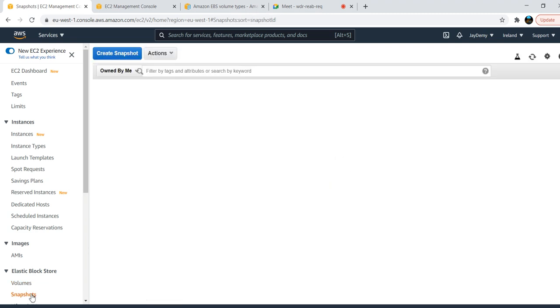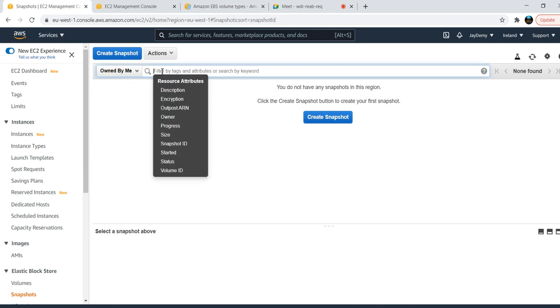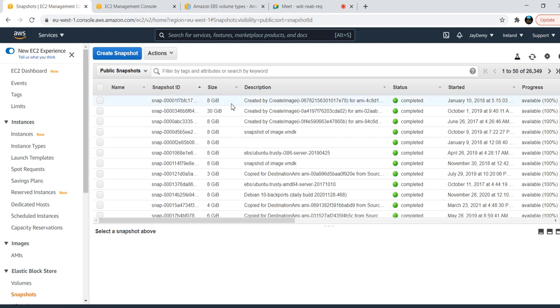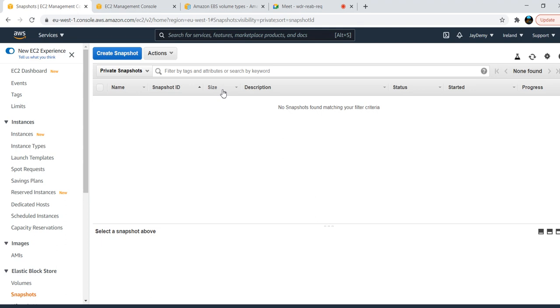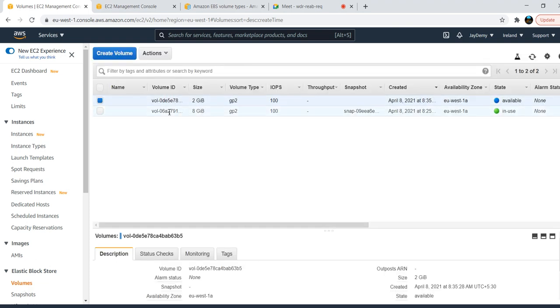You can verify that snapshot here. Yeah, it is not showing because it is not owned by me, right? That snapshot is owned by AWS. So just click on public snapshots. We are getting a lot of snapshots. If you don't have any private snapshot, it means you have not created one. What you can do is go to volumes, click on this one, and fetch with the snapshot ID.